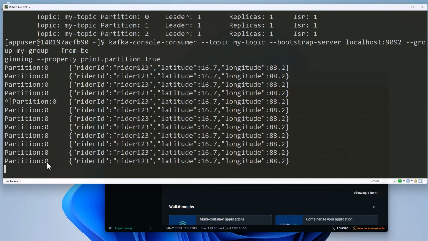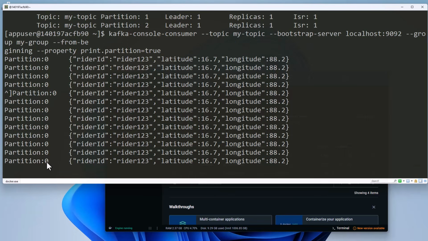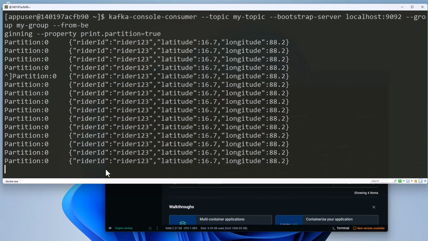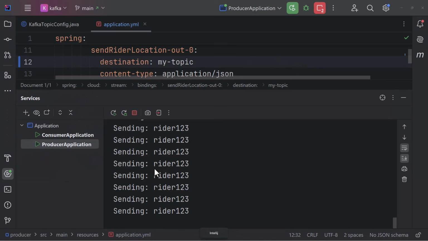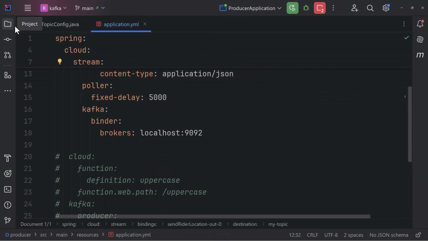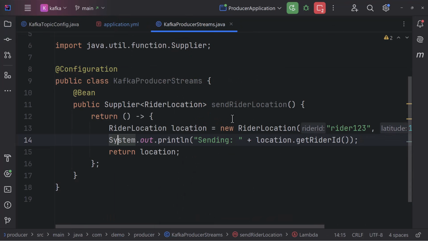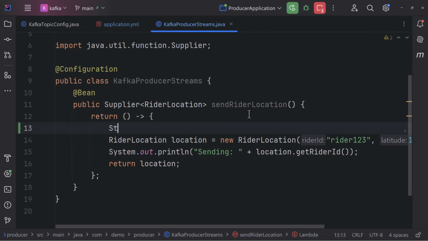So what we would want to do is send it to different partitions, right? And for that, we'll have to make sure that this key is generated on the fly, right? Instead of rider123. So I'll modify my logic of producing. If you come over here, we have this producer streams. Here, I'll modify this logic. So instead of having this hard-coded as rider123, I'll say string riderId over here is equal to rider, and then I'll make use of